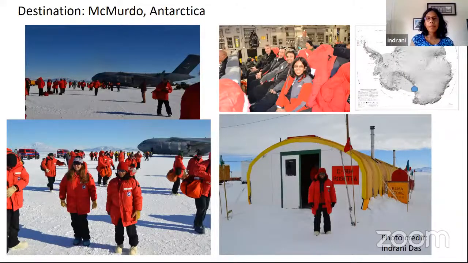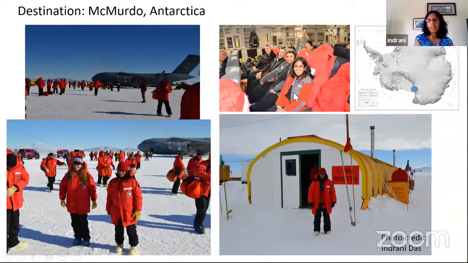This is my first time in McMurdo. So when we go to Antarctica, we first go to McMurdo, that is the US base, and then we fly out to different regions and do our work and come back to McMurdo to fly back home. This is my first time in Antarctica. You can see this is our team. We are very excited; for some of us, it was the first time as well. So we are very excited about getting our feet on Antarctica. We flew on New York Air National Guard airplanes to McMurdo.